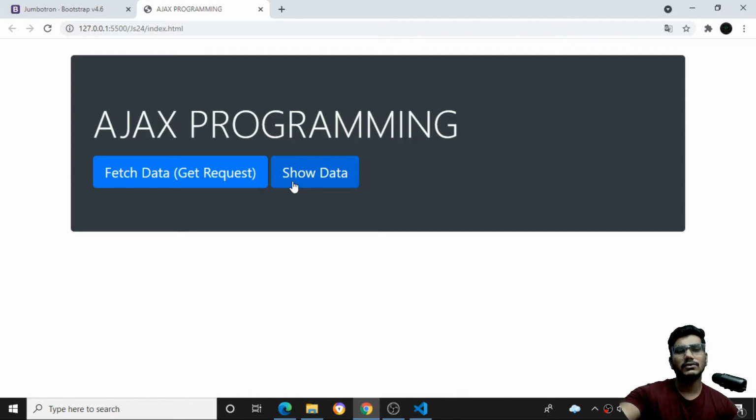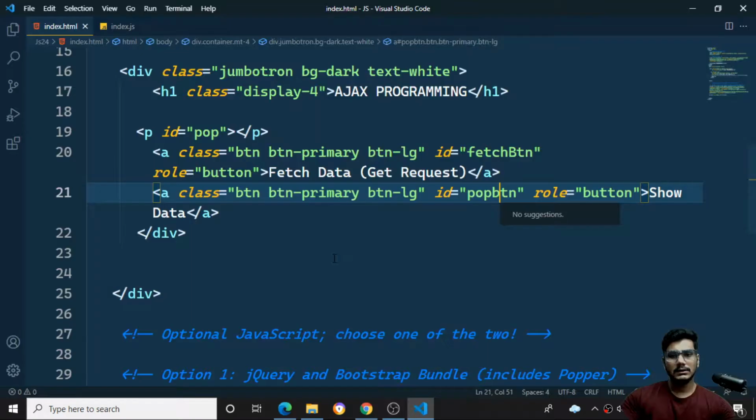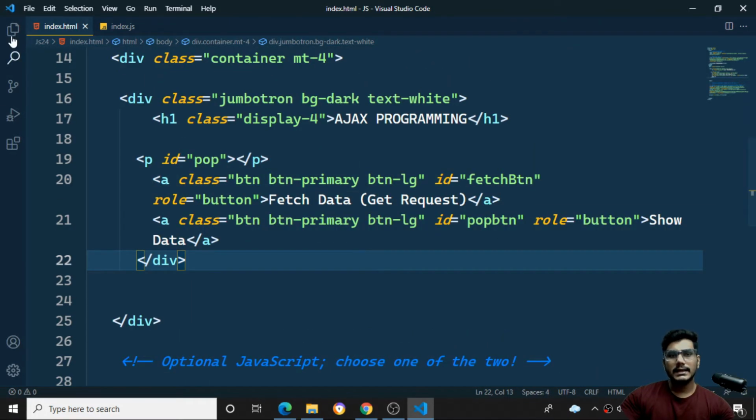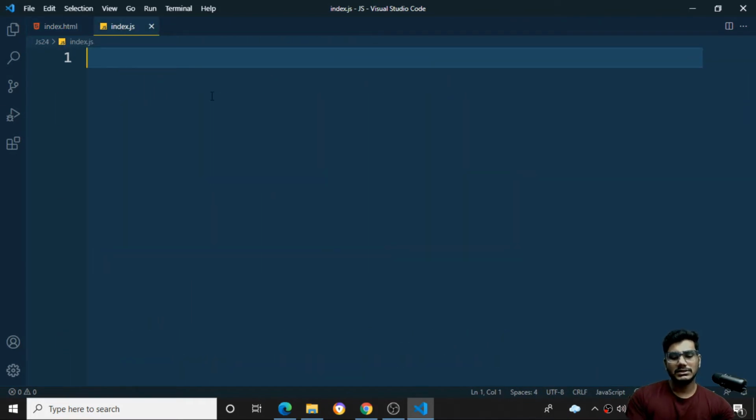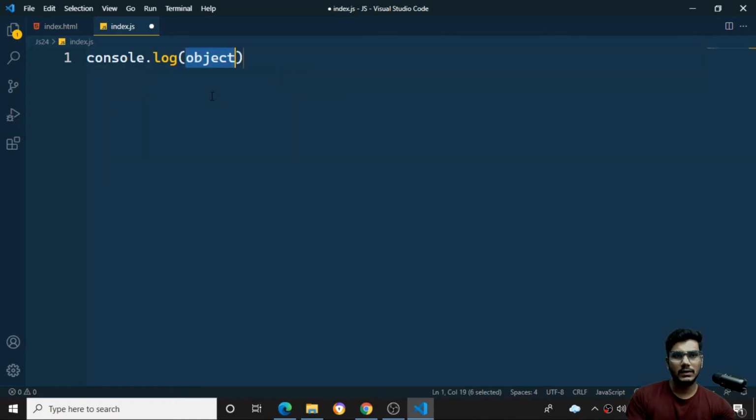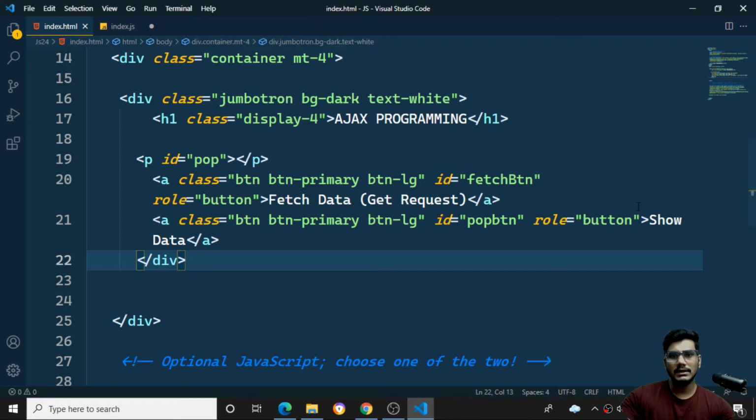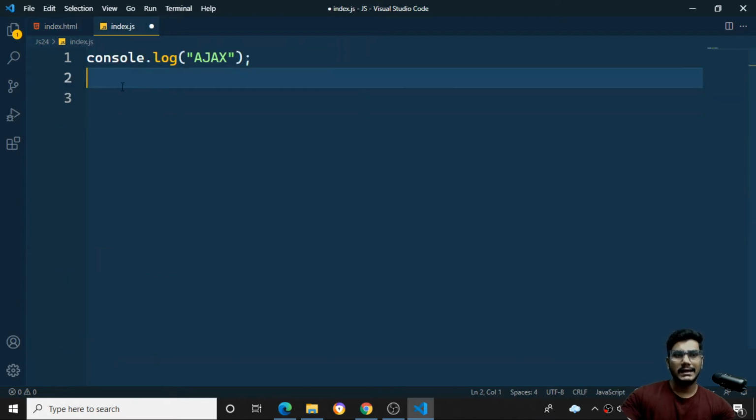Then what I need to do here is write JavaScript code now. So let's write the code. Coming back over here, I'll come to this particular index.js file. I'll write a console log and say something about Ajax. Here I want to fetch the particular button. The button name is the fetch button. I want to access it whenever I click on this one, so I want to add an event listener for it.